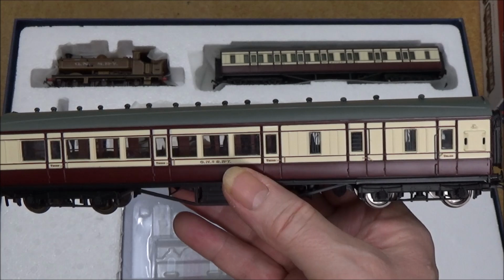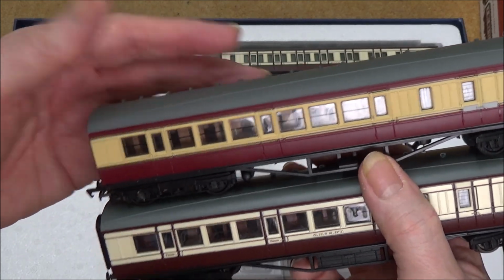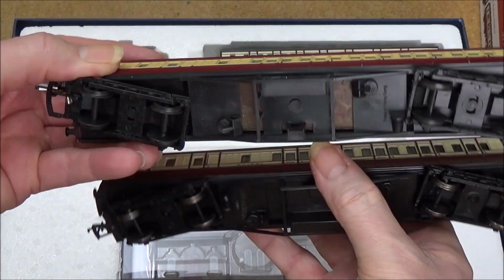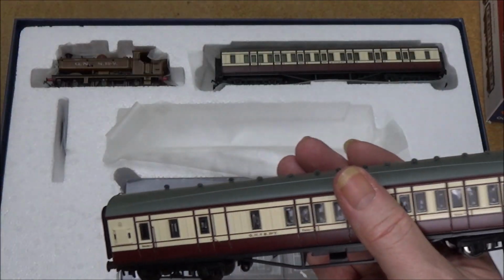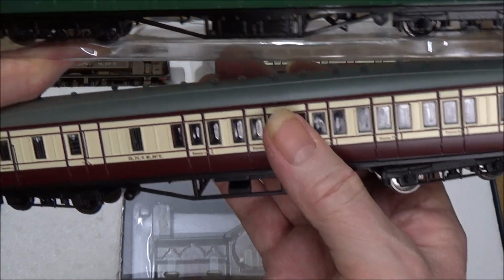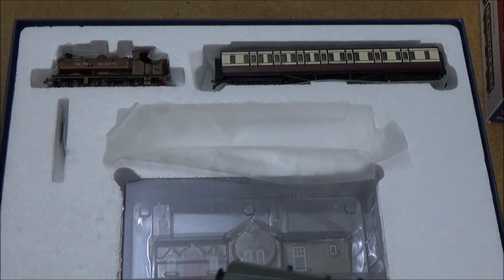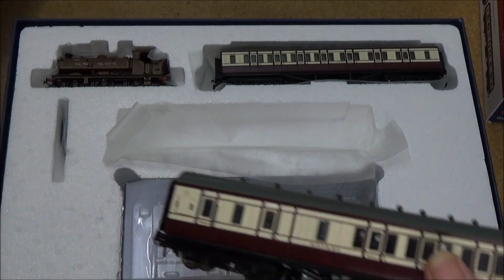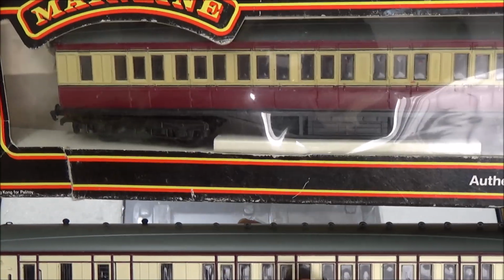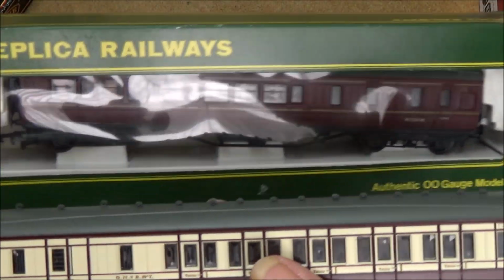If you're wondering what type of coach it is, it's actually the same as produced by Main Line. If you compare it to this Main Line coach, you'll see it's the same tooling. I'll turn that over. The Main Line coach, though, doesn't have metal wheels. Also, this coach is similar to the ones produced for the Bachmann Gordon Express coach range. And also it's similar to the other Mainline coaches produced some while ago, and has the same tooling as this one here, which is